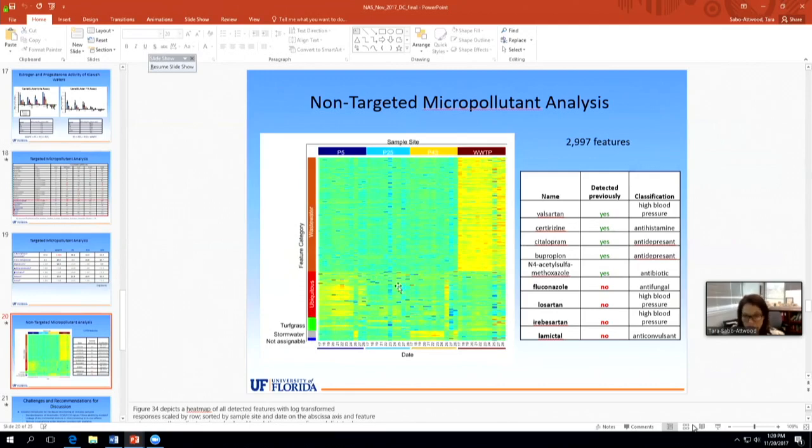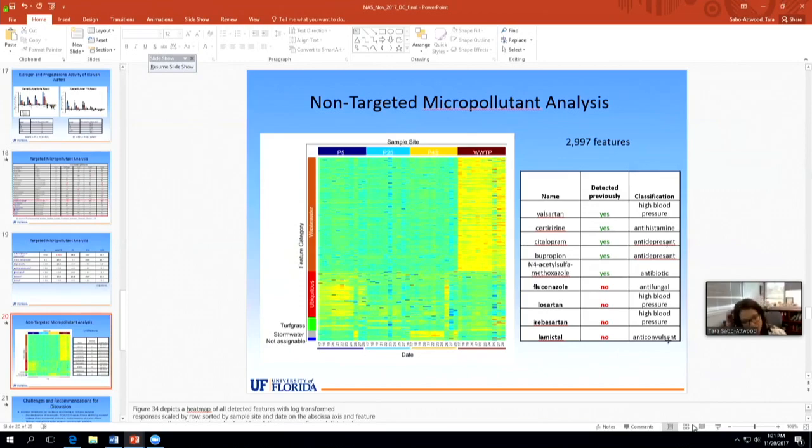And the colors dictate whether levels were high or levels were low. But really the point is, using this sort of methodology, we're able to start to detect, and this is not comprehensive at all and not published, several pharmaceuticals in this case that were never detected or were not presented in the literature to be detected in the environment at all. Some had been detected previously, and you can see these are a lot of pharmaceuticals related to beta blockers and high blood pressure and things like anticonvulsants.